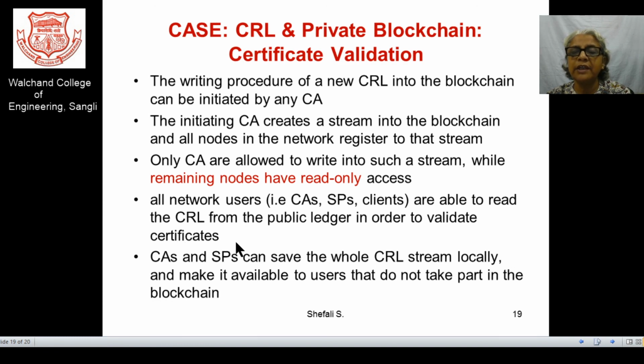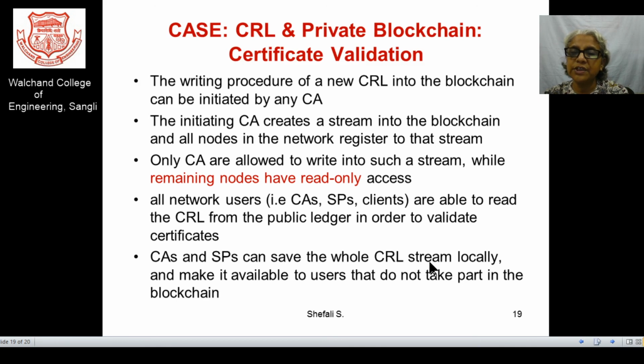So there is no request and no response from the CA. That is the problem of the bottleneck or traffic jam at the CA, which may not be there. CAs and service providers can save the whole CRL stream locally.